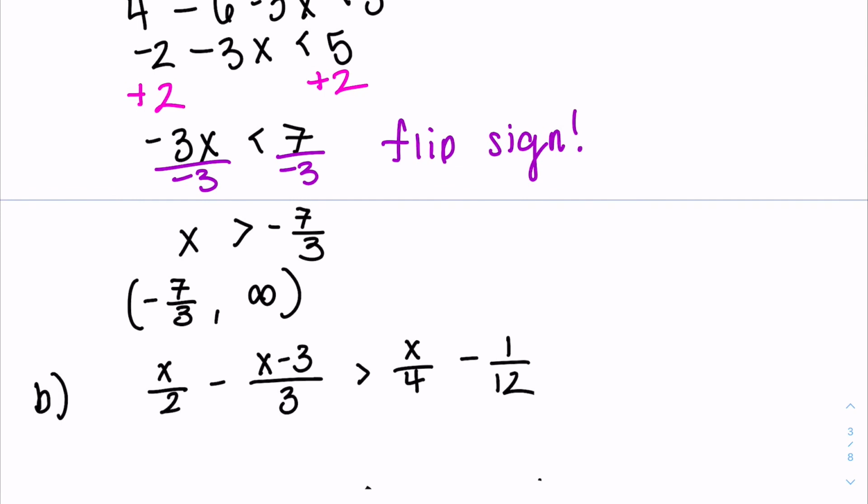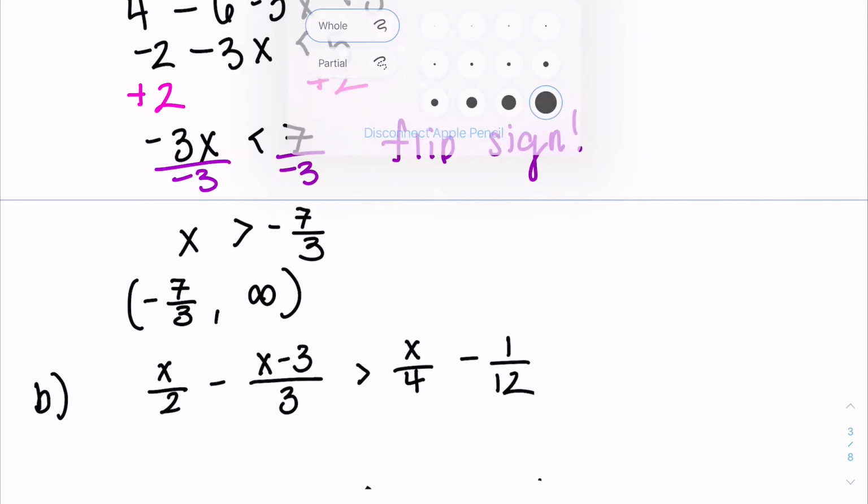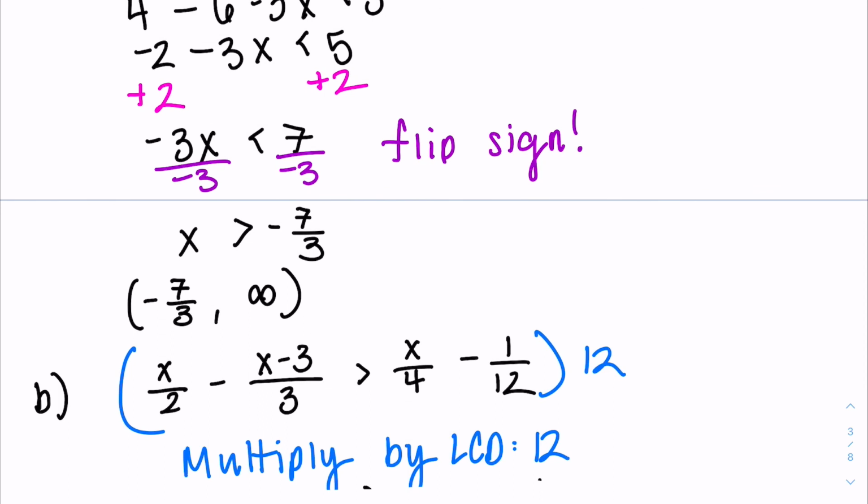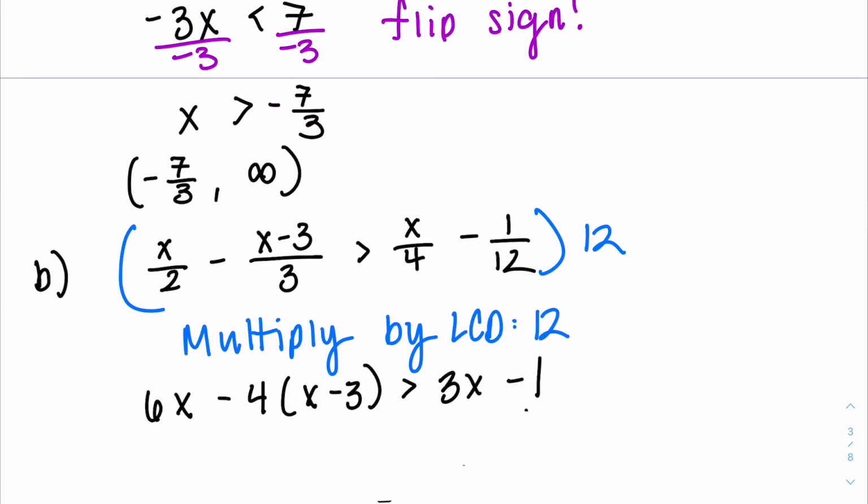So in this next problem, we have quite a lot going on, and we have a lot of fractions. So what I'm going to try to do is I'm going to wipe the fractions. So all of them are just constants, which is fine. So if we go ahead and multiply by the LCD, which is 12, I can go ahead and wipe every single fraction we see. So if you distribute the 12 out in the first fraction,